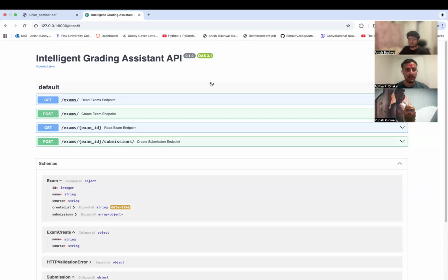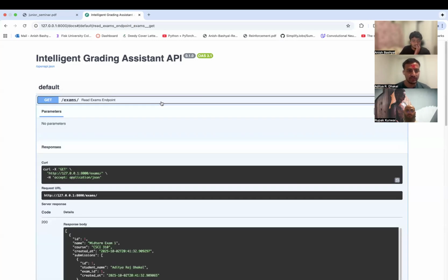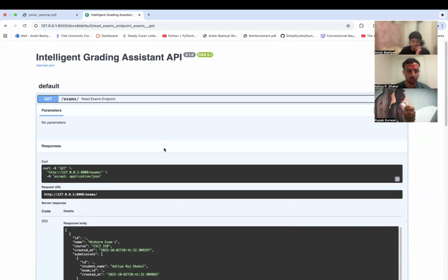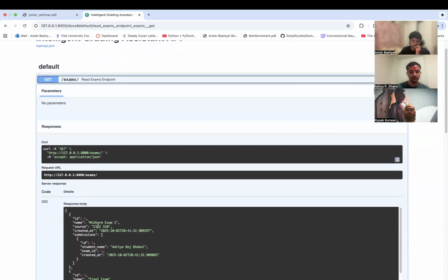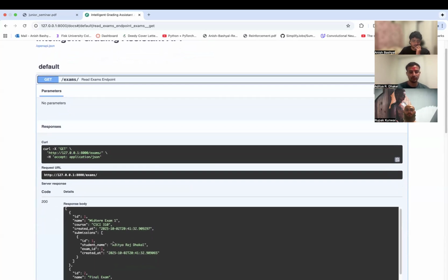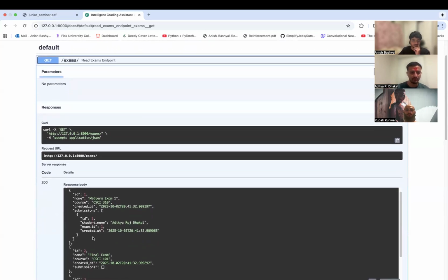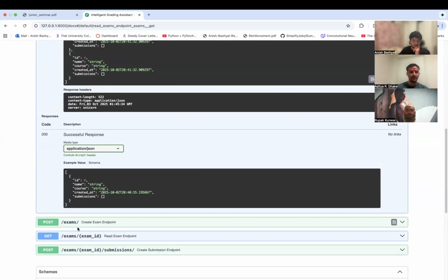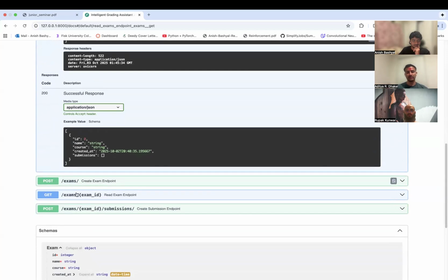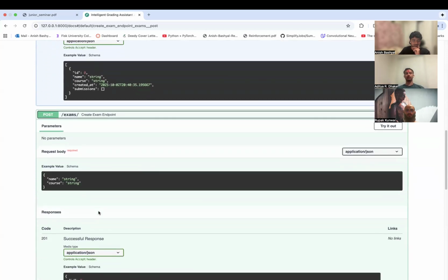So yeah, I have established the API endpoints. As you can see, there are GET and POST endpoints. We can get exam endpoints, which basically show whatever the details are for the student, what course it is, what student it is. You can see my name down there. We can basically retrieve what we have, and then we can post an exam endpoint, which would mean that you can upload